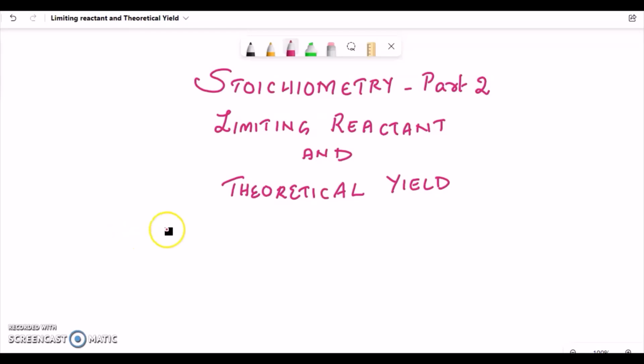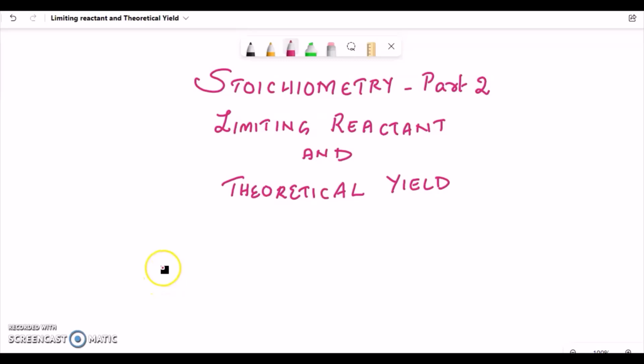So we are not sure whether the reactants are taken in exact mole ratios so that at the end of the reaction all the reactants are completely used up and all the products are completely formed. Usually the situation is that one of the reactants may be more than that is required for the other reactant to completely react. So we need to find the limiting reactant or the reactant which is in smaller amounts,